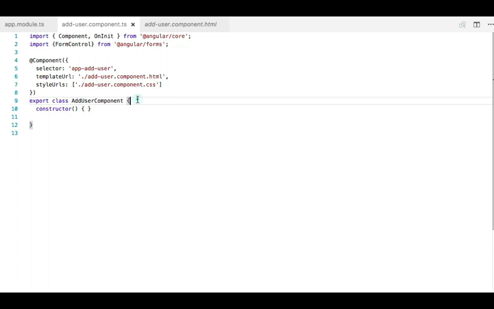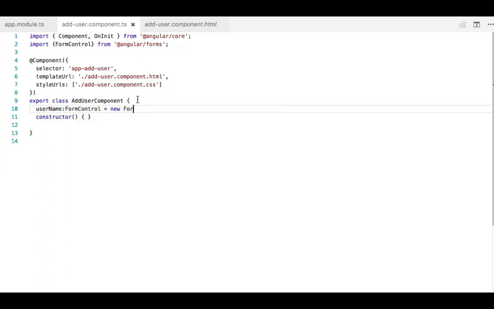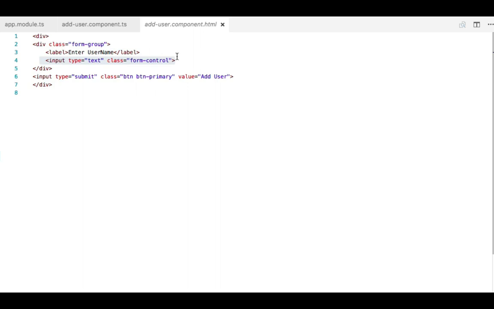So here I am creating one variable with the name username, which will be of type FormControl. And now we can bind this username in this template file with the help of property binding, formControl. So this is all you have to take care about the form.